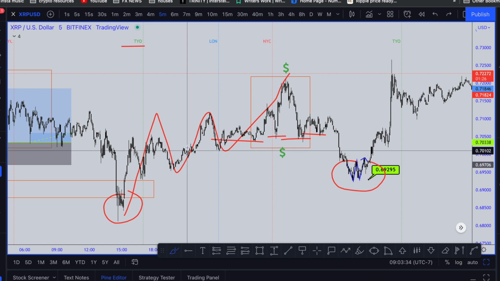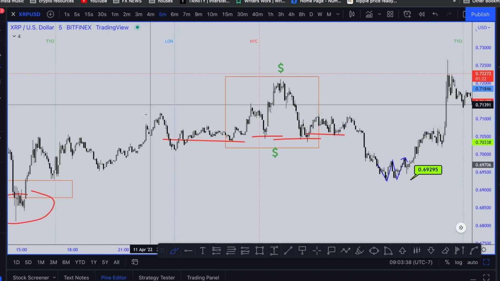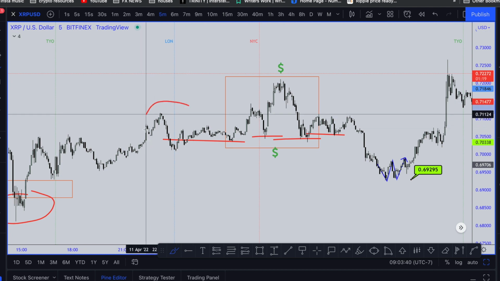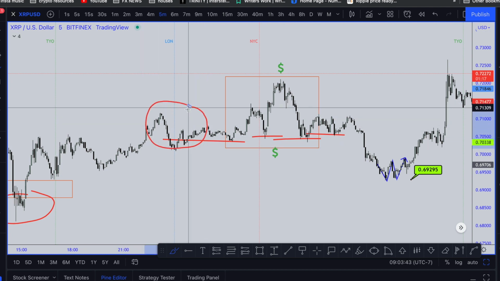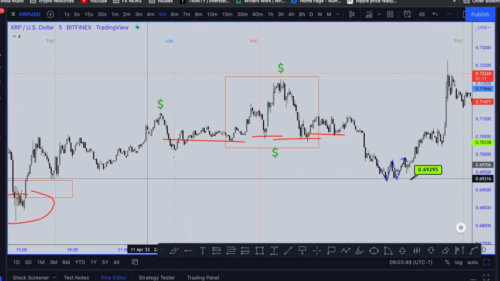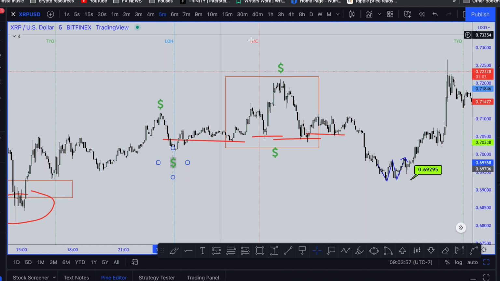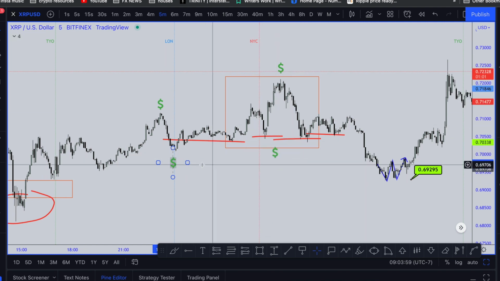Same thing here. Look at the manipulation window in London. Again, from 8:30 a.m. London time to 6 a.m. London time. That's this general area right here. Look at the manipulation. Where was the liquidity in the manipulation window? Above highs and beneath lows. Look what the market did. It came, it attacked that liquidity from London, and then came down for the liquidity beneath London and New York, down here in this general vicinity.